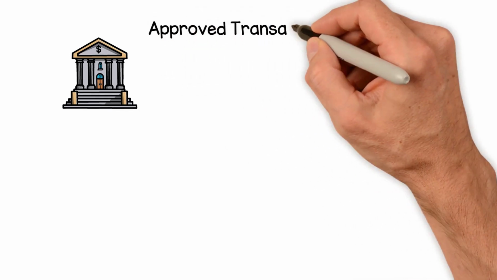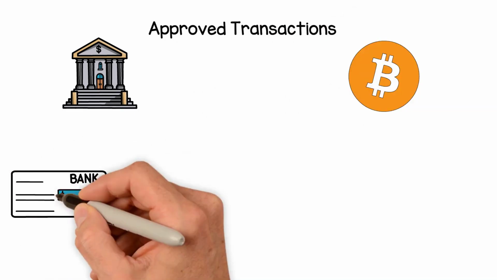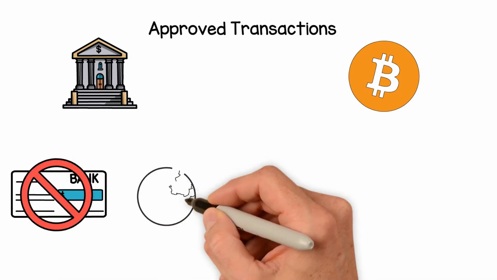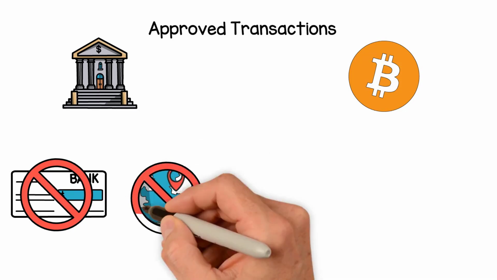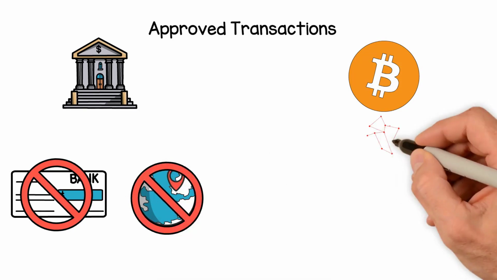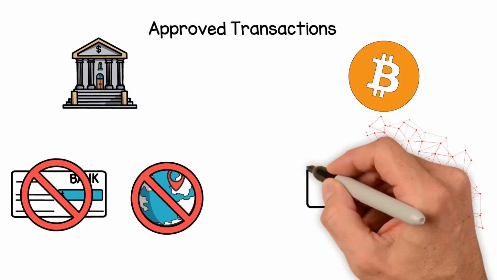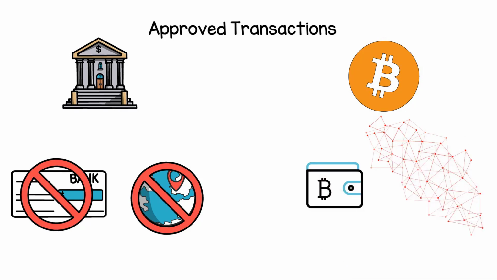Approved transactions. Banks reserve the right to deny transactions for a variety of reasons. Banks also reserve the right to freeze accounts. If your bank notices purchases in unusual locations or for unusual items, they can be denied. The Bitcoin network itself does not dictate how Bitcoin is used in any shape or form. Users can transact Bitcoin how they see fit but should also adhere to the guidelines of their country or region.